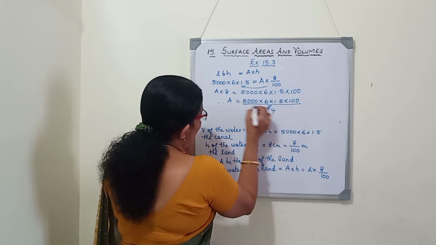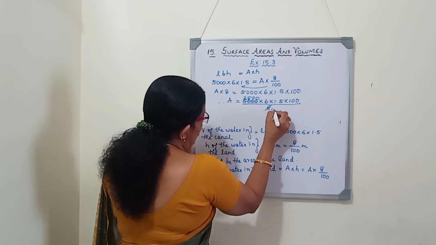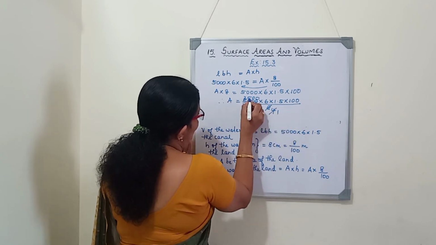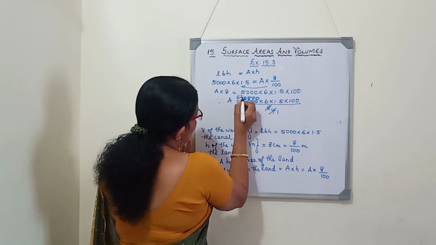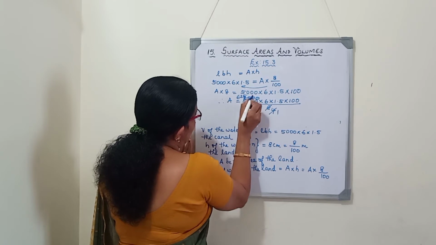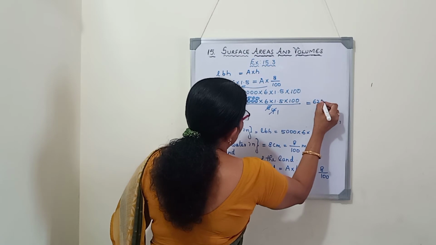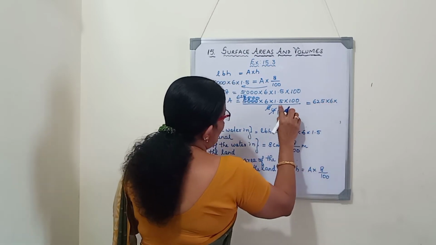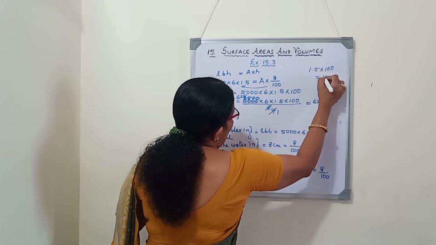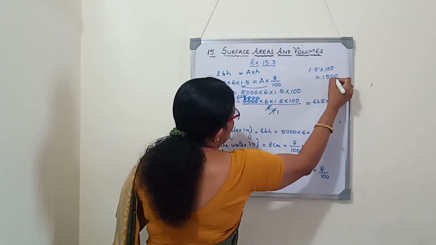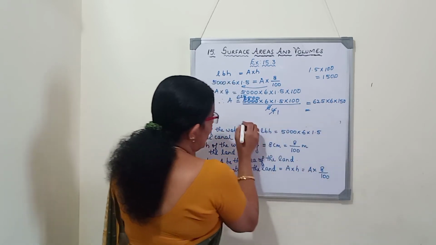So we will cancel in the 2 table. If you cancel 4 here, it will be 2500. Again in the 4 table, if you cancel: 4 ones are 4, 4 sixes are 24, remainder 1, 10, 4 twos are 8, 2, 20, 4 fives are 20. So we will get 625 into 6 into 1.5 into 100. 1.5 into 100, 15 into 100, 1500, 1 decimal digit we will adjust, so we will get 150. So we will multiply all these and we will get the answer.